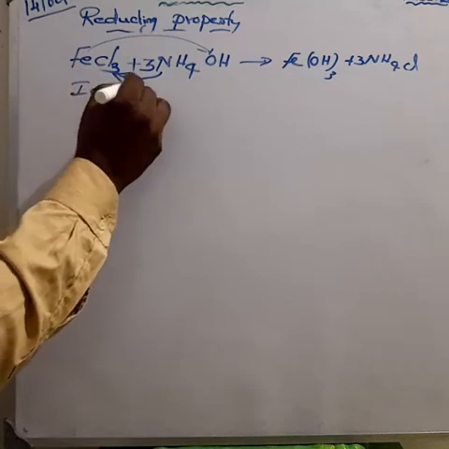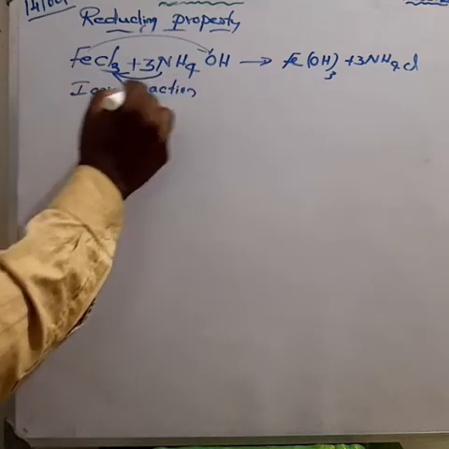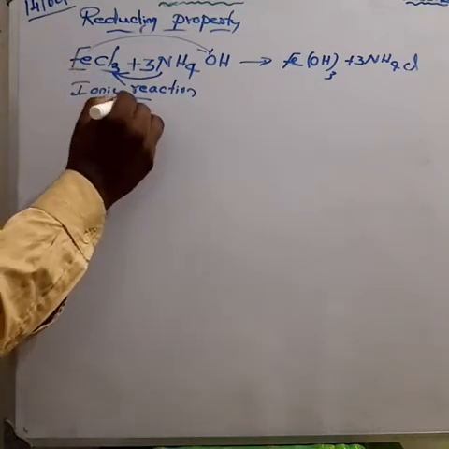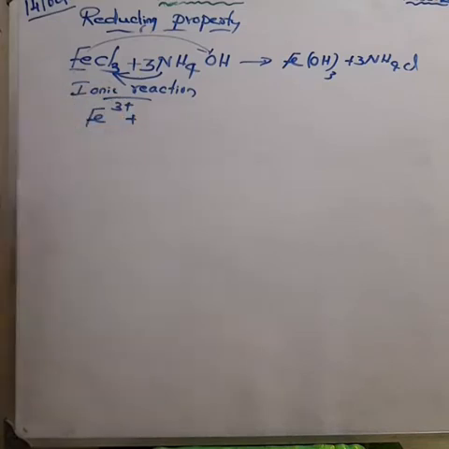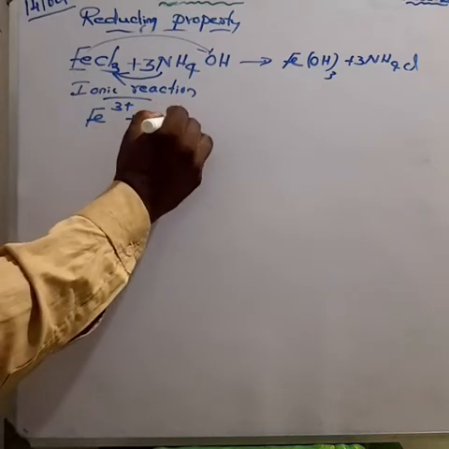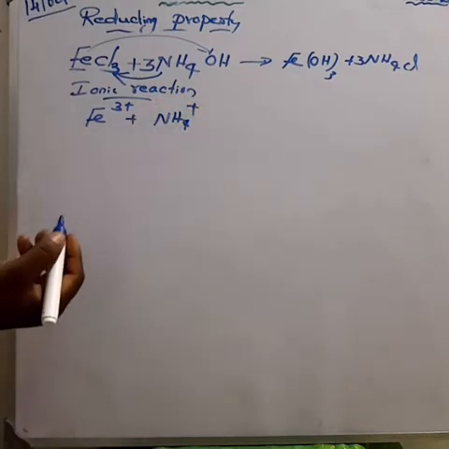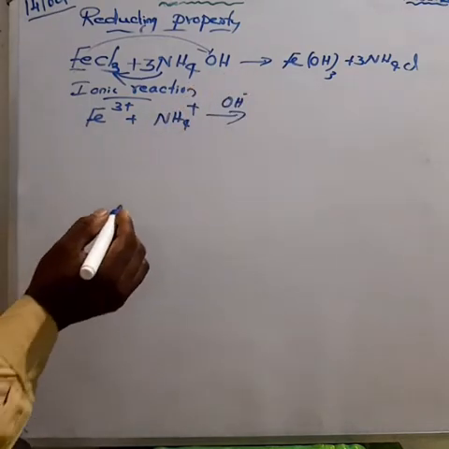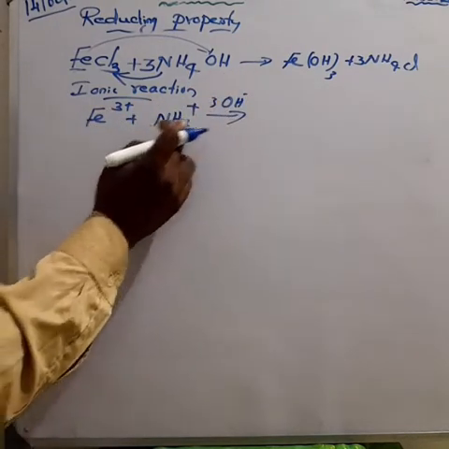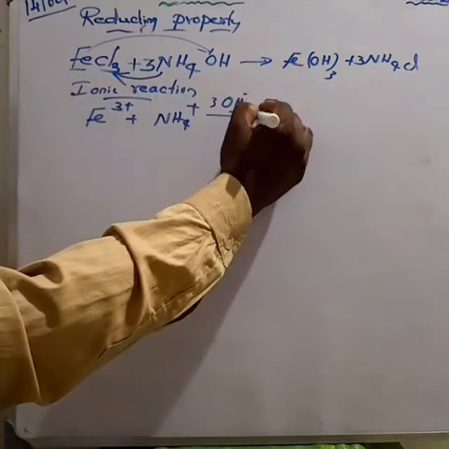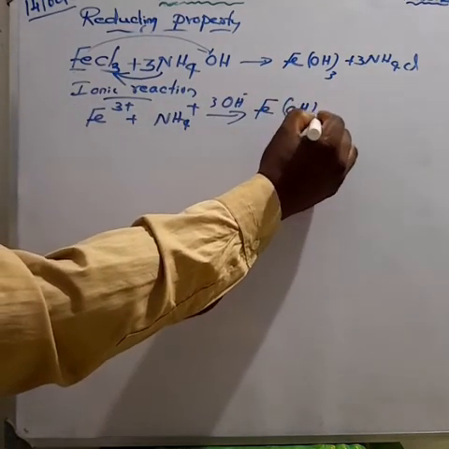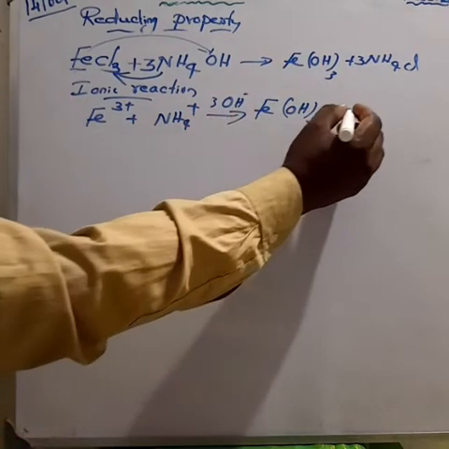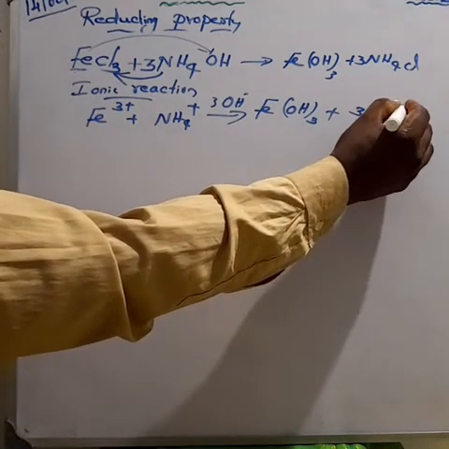This is an actual reaction. In our textbook, they have an ionic reaction. In the case of iron chloride, I am taking the Fe3+ ion. It reacts with ammonium hydroxide, I am taking only the ammonium, that is NH4+ ions. In the presence of hydroxyl ion, we get Fe combining with OH. This gives Fe(OH)3. So make it 3 here, 3 OH ions there. And also we get 3 ammonium. The second condition,